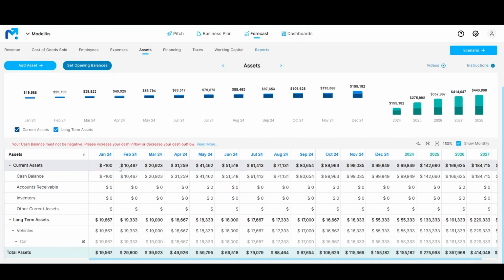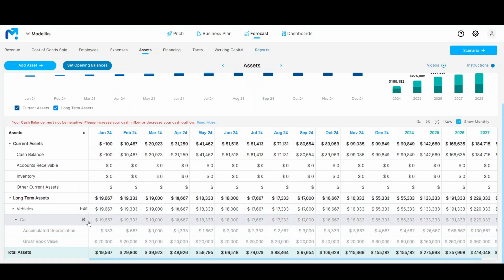If you want to edit the asset values, click on the edit icon that shows up next to the asset name. It will take you back to the input screens, and you can edit your inputs there. You can add as many assets as you need. Just click the Add Asset button,